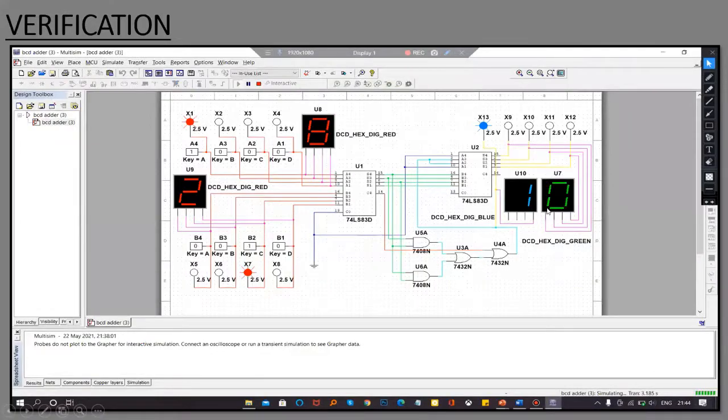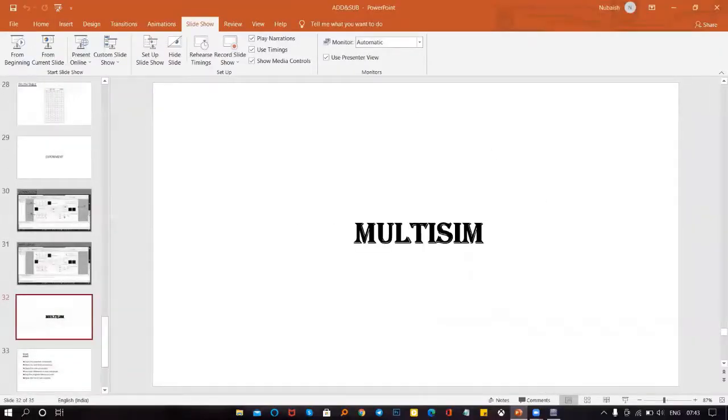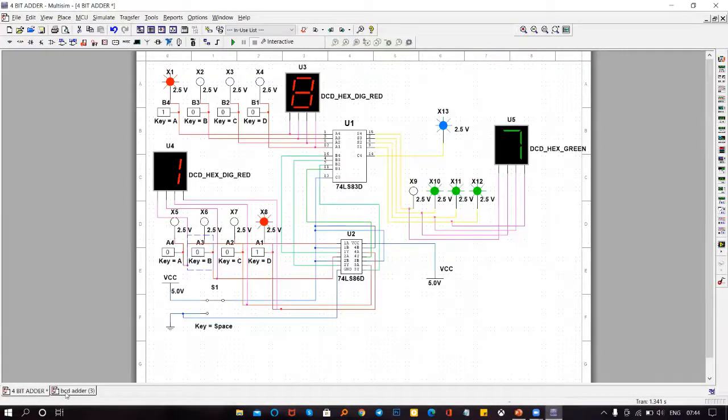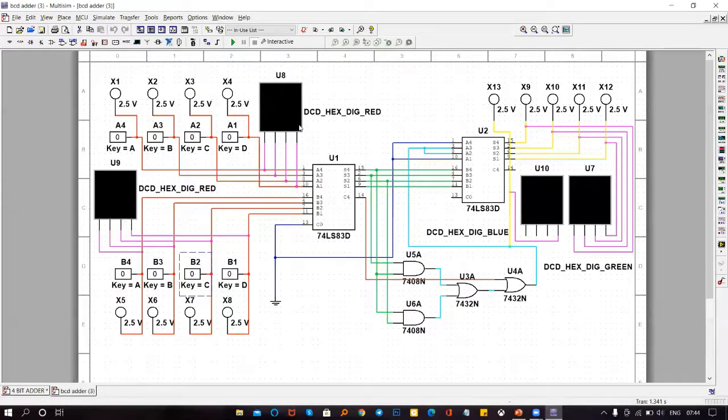So let's verify that using Multisim software. This is the circuit for the BCD adder. As before, we have 4 inputs A, 4 inputs B, and these are the connections.